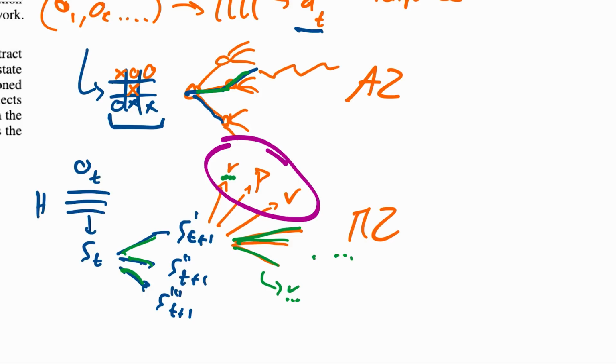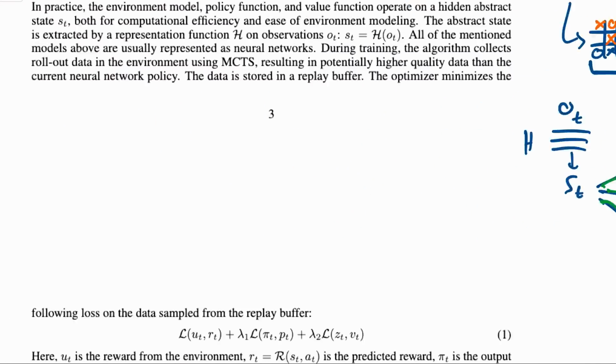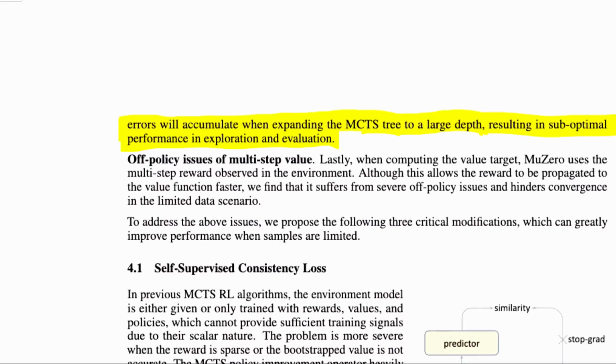At the end right here, I have a path, and I don't go to the end. I stop after a while, and I add up the rewards that led me here, and that's sort of how valuable this node is, plus the value that I predict right here. The value of this path is going to be the sum of the rewards until I'm here, plus the value from here on out. And if all of these little rewards have little errors on them, that quickly adds up to a big error. So that's their second criticism right here. That's something we're going to have to solve.